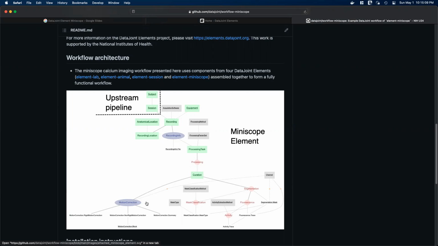And then these downstream tables here include the motion correction table, which stores the shifts for rigid or non-rigid motion correction, as well as the segmentation mask and fluorescence traces and deconvolved neuronal activity traces. So this workflow is configured for use with data acquired with the UCLA Miniscope and analyzed with CaImAn. So now I'll switch windows